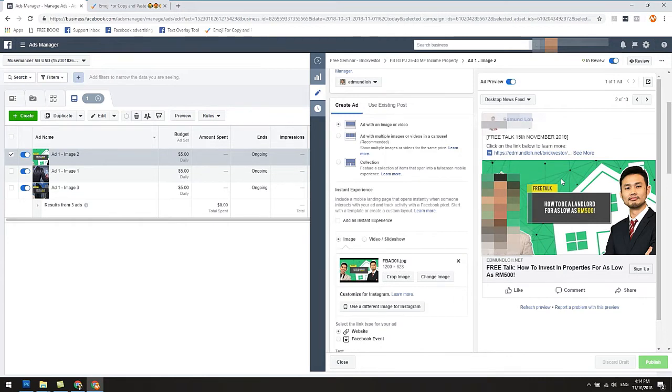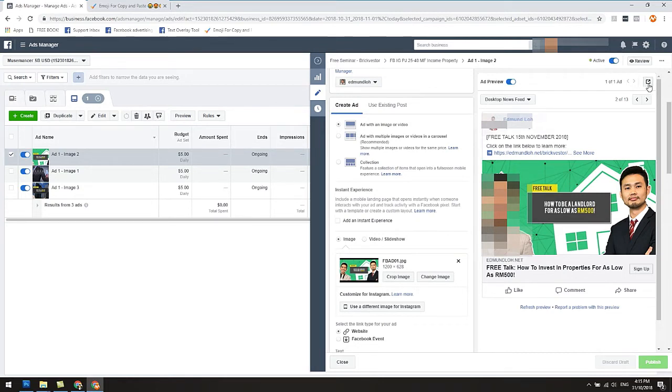What happens is that when they have all these ads running, and people start to like and comment, they will then see another similar ad but without the history of it, because they are actually different ads altogether. All right, so I'm going to say it again because this is a part that a lot of people don't understand. Let's just say, for example, this ad is running, and I think the best way for me to